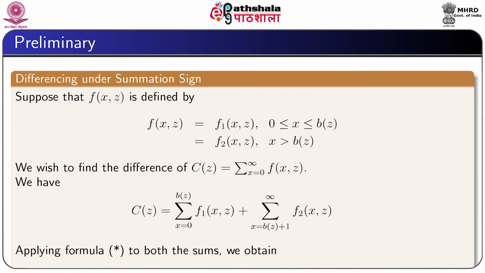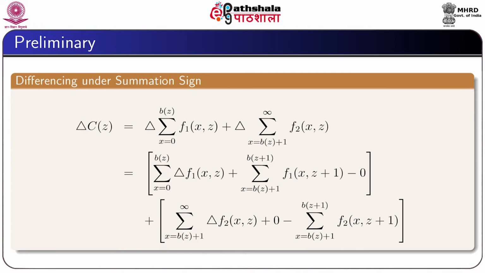Now, C(z) can be written as sigma x equal to 0 to B(z) of f1(x, z) plus sigma B(z)+1 to infinity of f2(x, z). Now, by applying formula star to both the summations, we obtain